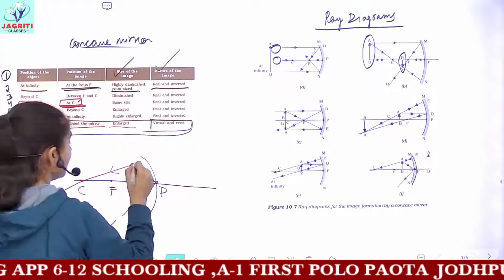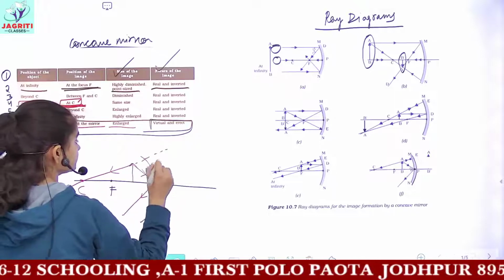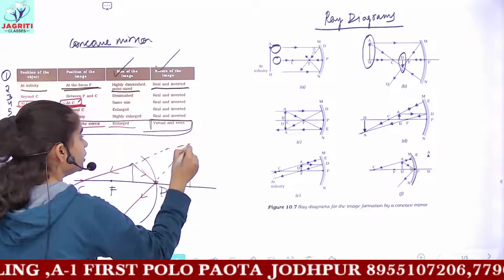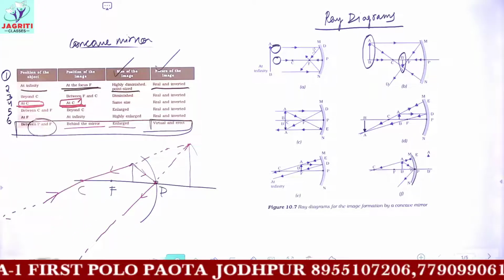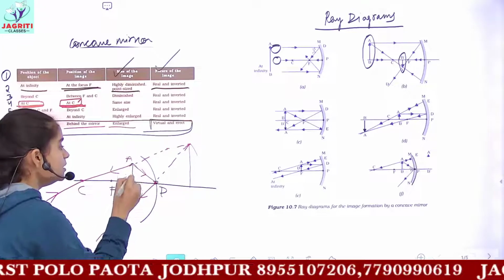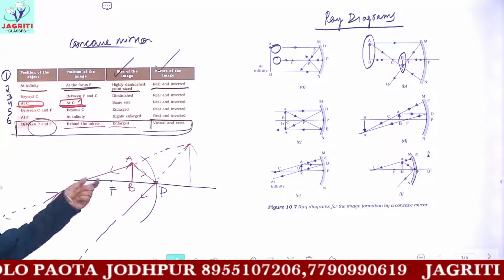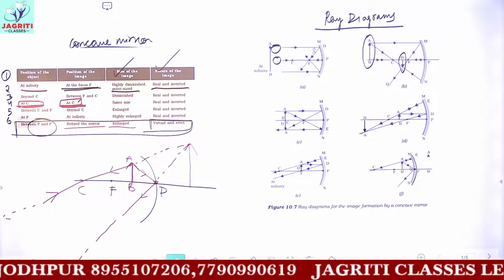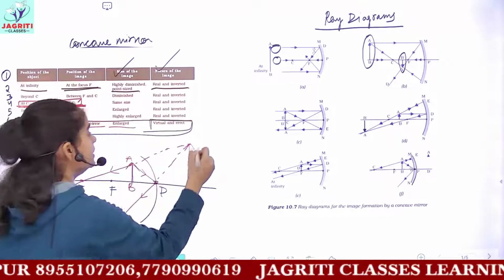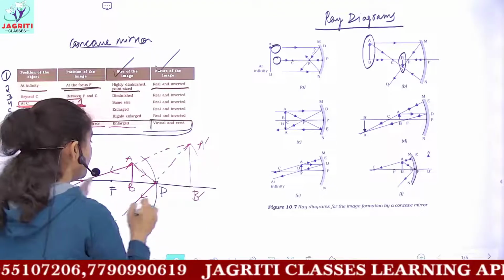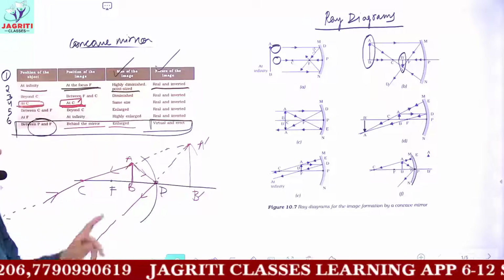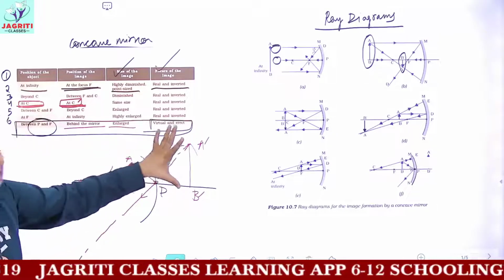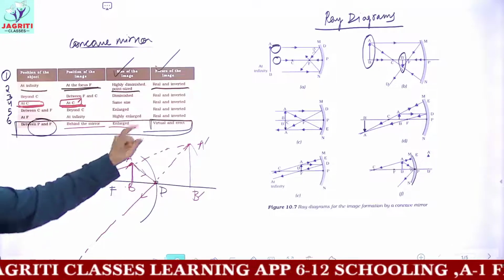So they will appear to meet at a point, and this would give you your image. So when the object is placed, this is the object AB, when your object is placed between pole and focus, then the light rays actually do not meet. But when we extend these light rays, then they appear to meet behind the concave mirror, and the image is also enlarged. See, the object is smaller, image formed is enlarged in size, and the image is virtual and erect.